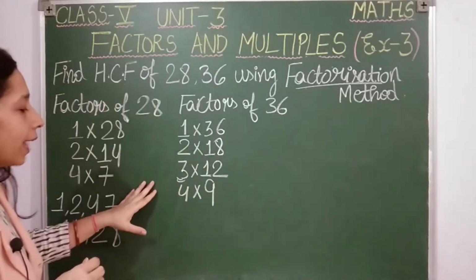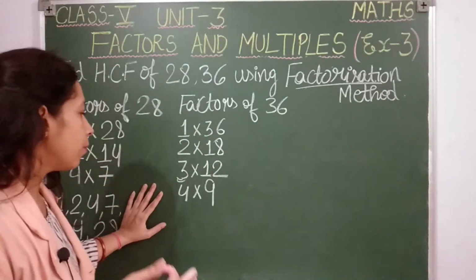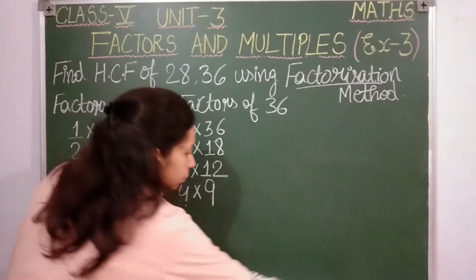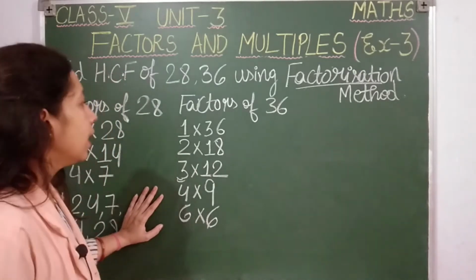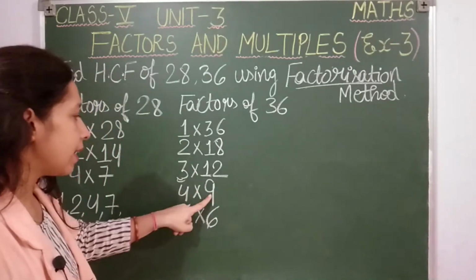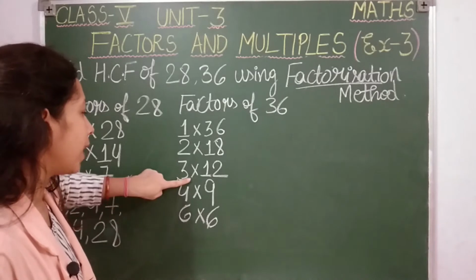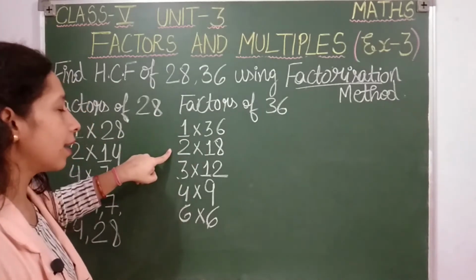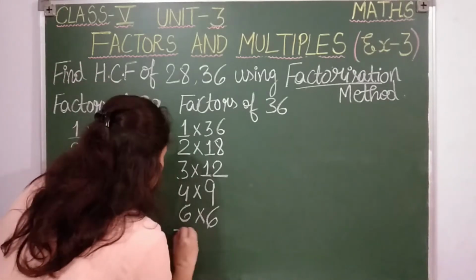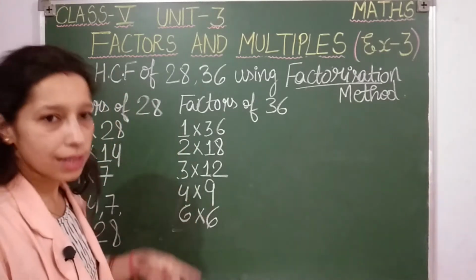Clear, students? Then in which other table will it come? 5, 6, yeah, the 6 table. 6 6s are, you are going to get 36. Clear, students? Then 7, 8, 9, in 9's table again 9 4s are 36. Then in 12's table 12 3s are 36. Then in 18's table 18 2s are 36. And also in its own table 36 ones are 36.